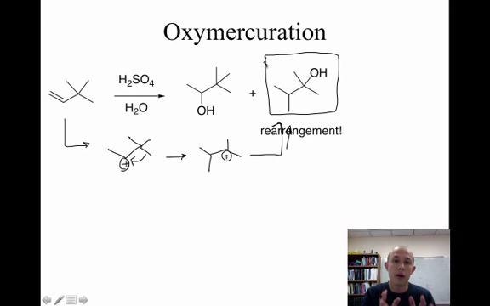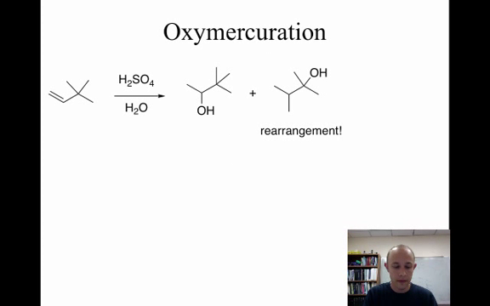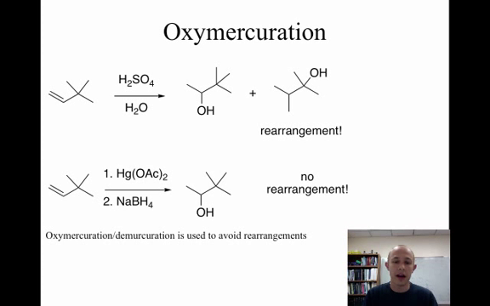So anytime you have a carbocation intermediate, you'll see rearrangements. And sometimes you won't want the rearrangement product, you will want this product. So in order to avoid rearrangements, what we need to do is avoid carbocation intermediates. In order to avoid carbocation intermediates, another possibility is called oxymercuration, demercuration. In the first step, you take an alkene in the presence of mercury acetate and water,